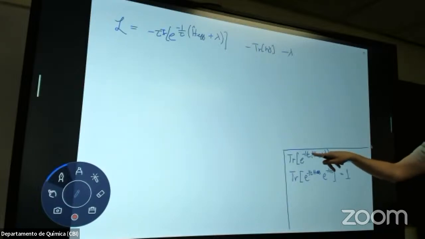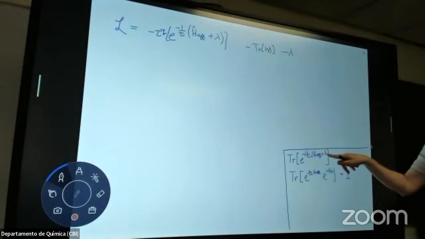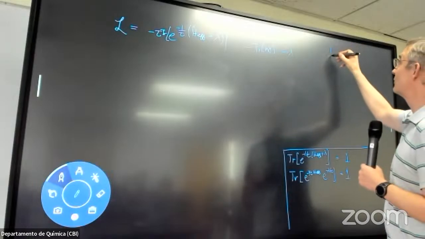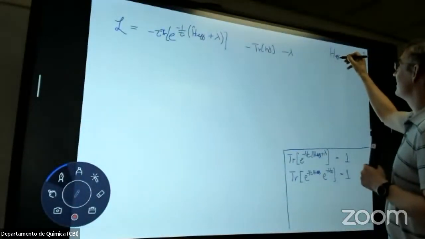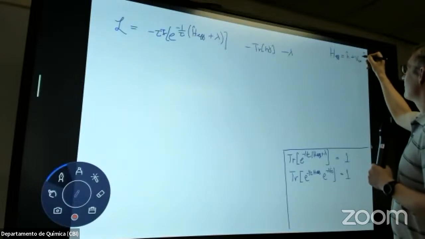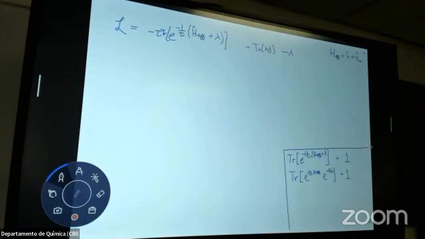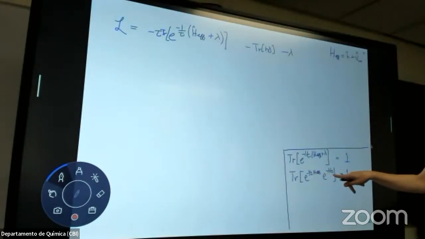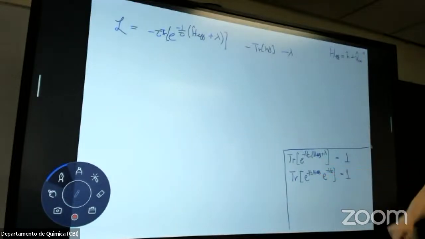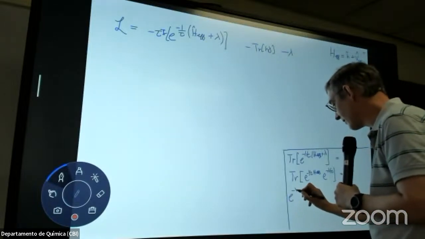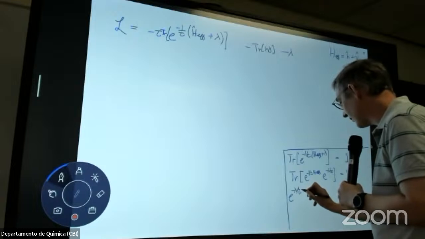Normally you can't take an exponential of a sum and turn it into a product of exponentials, not when there are operators inside it. Remember that. Remember that this is just the Hamiltonian, basically, one and two electron integrals. So normally I can't, but this lambda is just a number, right? So I'm allowed to play this game of trace of a product. And this is just a constant, so I can pull it out outside the trace, right? So now I have e to the minus lambda over tau